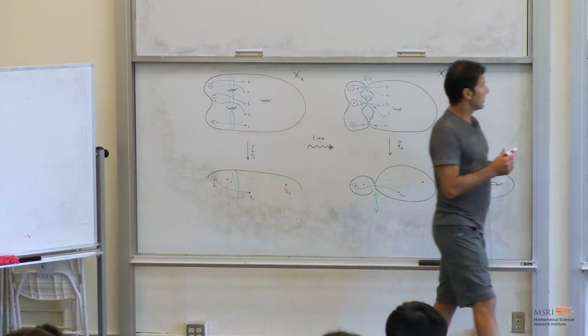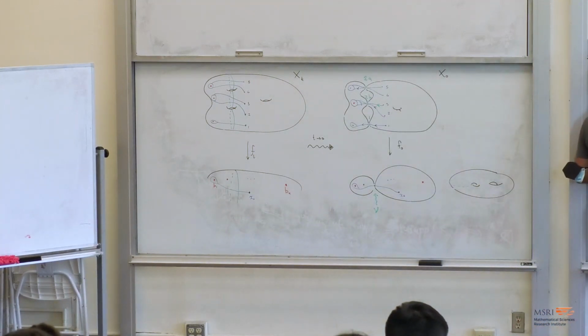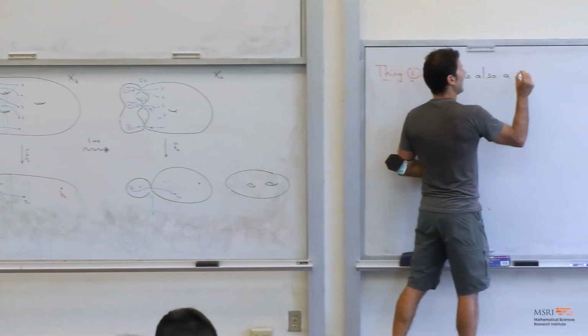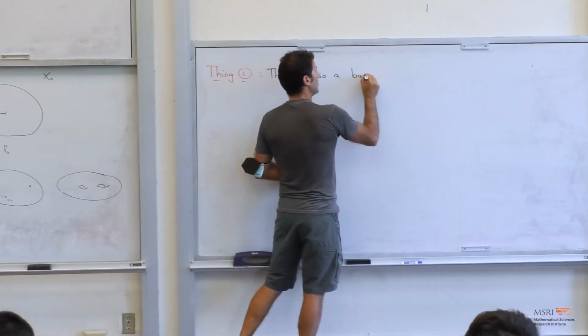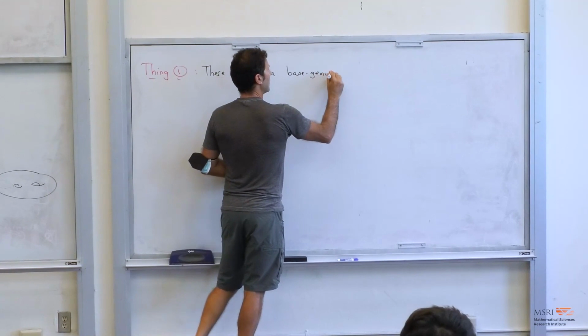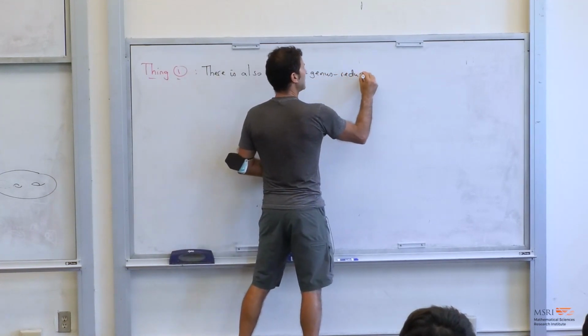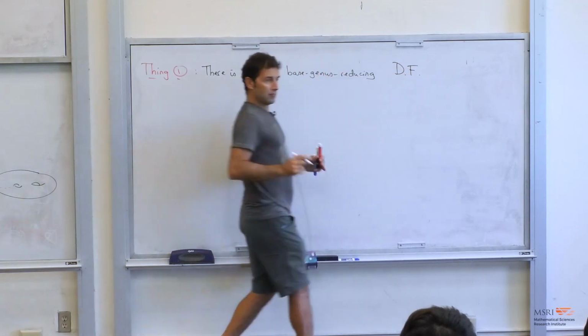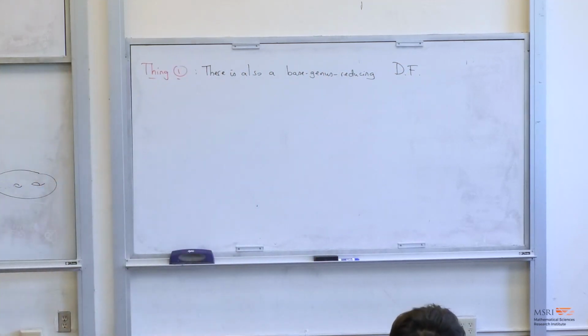And by doing so, you're going to get a degeneration formula that reduces the genus of the base by 1. There is also, and it's in the notes, and it goes very similarly, a base genus reducing degeneration formula. It works very similarly. Okay? And then thing two